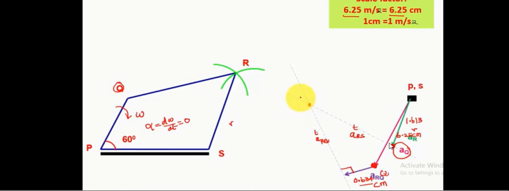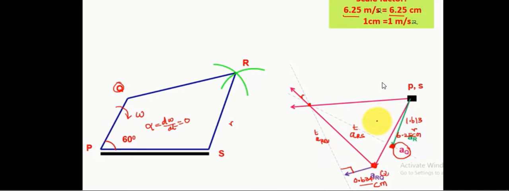You can measure it using a ruling scale from here to here to get the length of tangential component RS. Then from here to here you can measure the tangential component of RQ. And one more thing, the true acceleration of both the links will be represented by the radial and tangential component resultant. So for link RS, the true acceleration will be represented by the hypotenuse of the right angle triangle made by the tangential component of RS and the radial component of RS, that is represented by this line. And similarly, there will be another true acceleration represented by that line, that is the hypotenuse of the right angle triangle made by the tangential component of RQ and radial component of RQ.